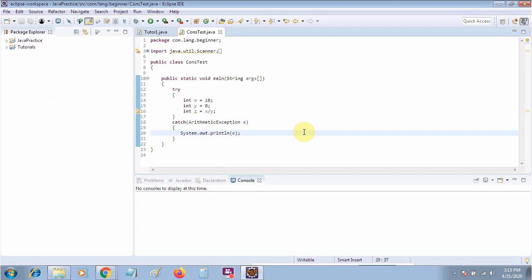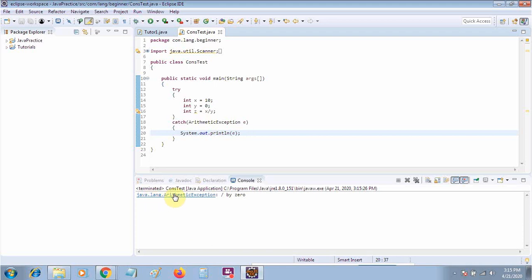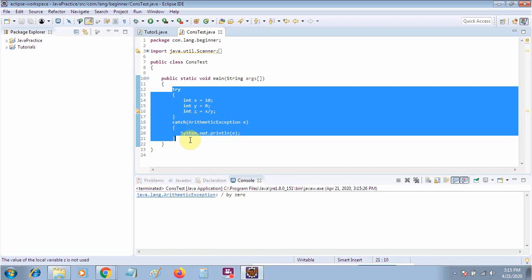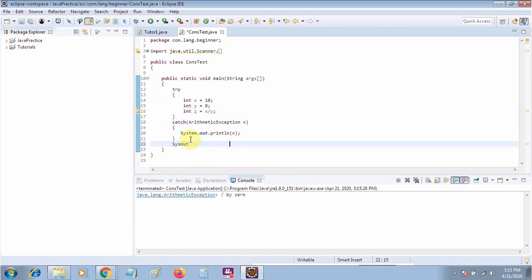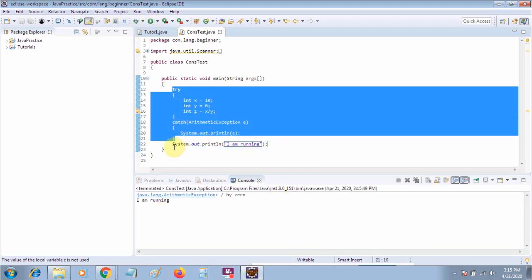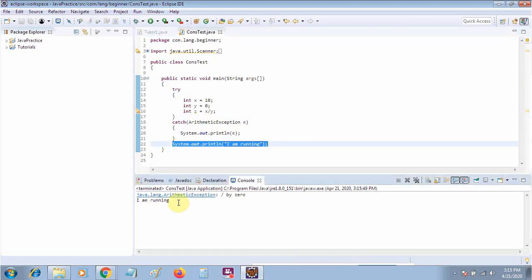Okay, so now we are working on the arithmetic exception. We will run this and check that the arithmetic exception appears, and we will be able to capture it using the try and catch block. What is the main benefit of using the try and catch block? Suppose any code is written after it. Whether your program has an exception or not, using the try and catch block, the code written after the catch block will be executed. This is the main benefit of the try and catch block, and this is the example of the arithmetic exception.